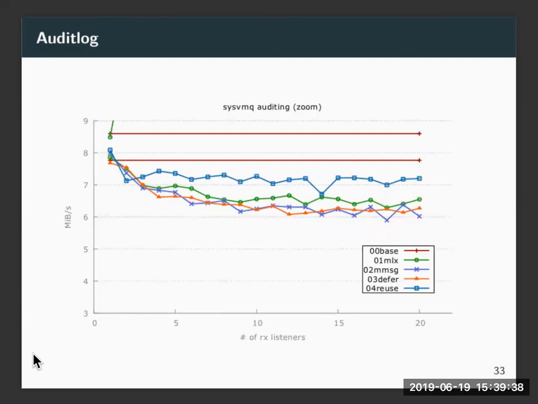you can see things actually get worse with these. The baseline performance on the top line is the original one without the auditing turned on. The one under it is with auditing turned on. So obviously there's a performance impact there, and there's a performance impact on these changes, and they're more severe. At the last step, step 4 that I had before, the one with everything, including the reuse port, it's not so bad. The baseline is maybe 7.75, and this is 7.25